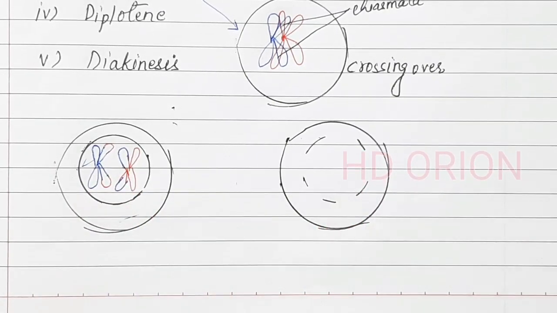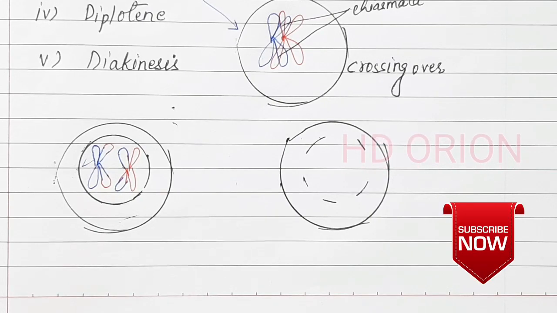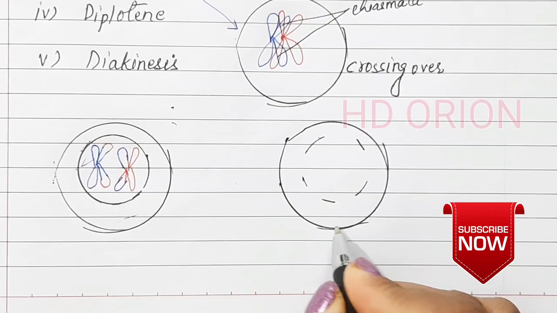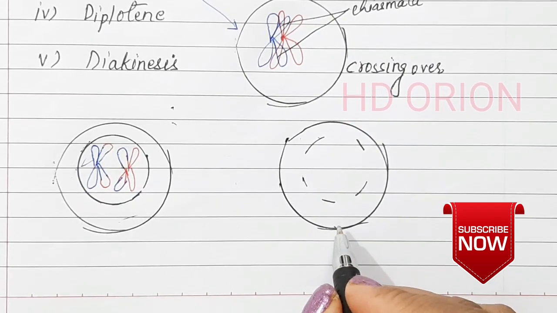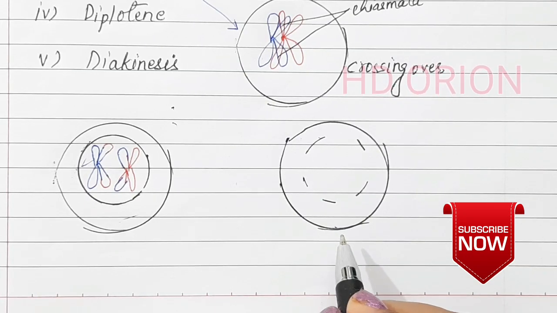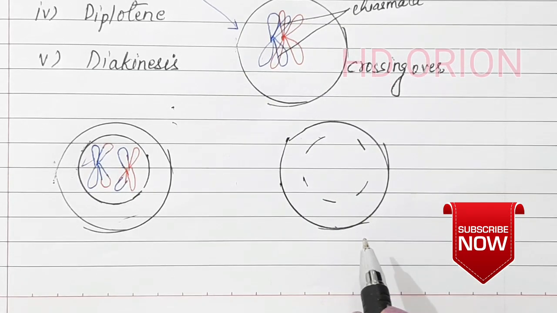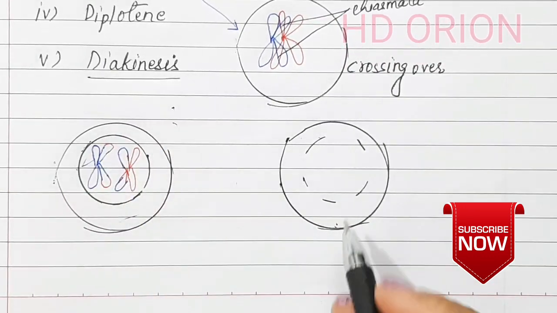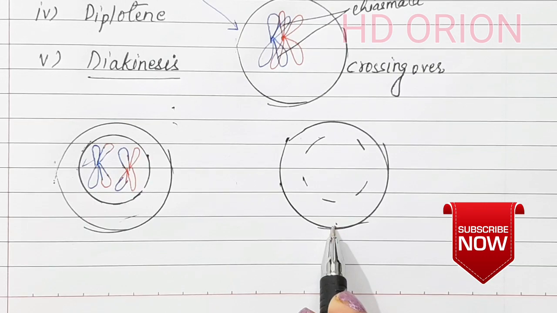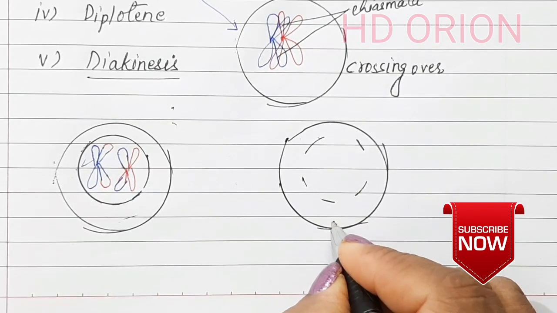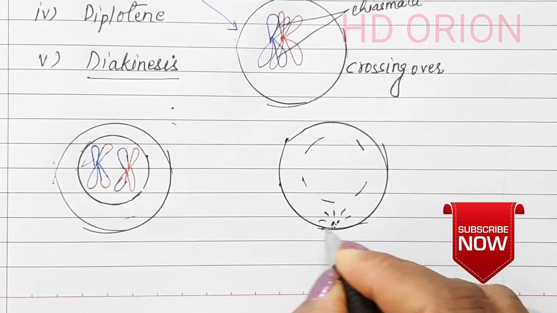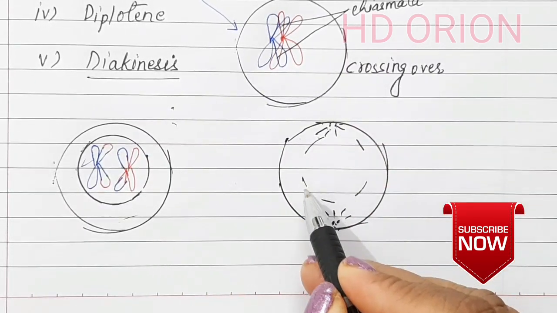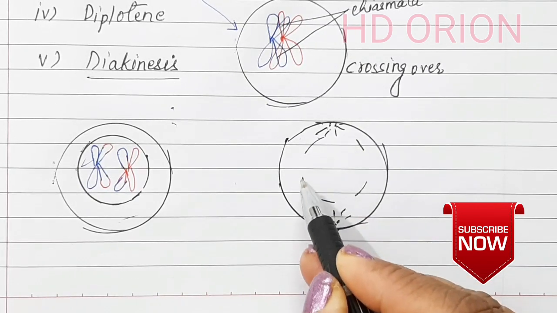And the last phase that we see is diakinesis. We see that the chromosomes are as such present, but what happens is that the aster formation, since this is the last phase of prophase, which is still the first phase of karyokinesis, that is prophase 1. Prophase 1 was divided into 5 substages, and this is the last substage, that is the diakinesis of prophase 1. So what happens at the end of prophase is we see the aster formation very nicely, which is by the centrioles, which start giving spindle, and the nuclear membrane is almost at the verge of disappearing.